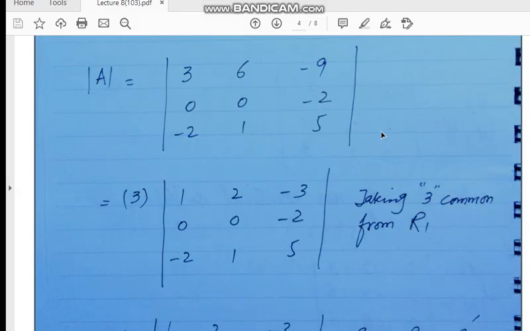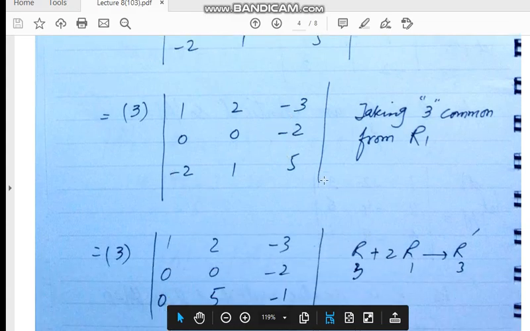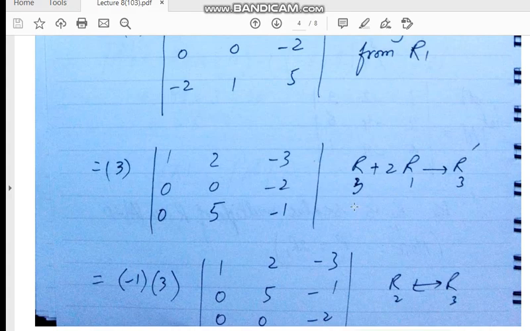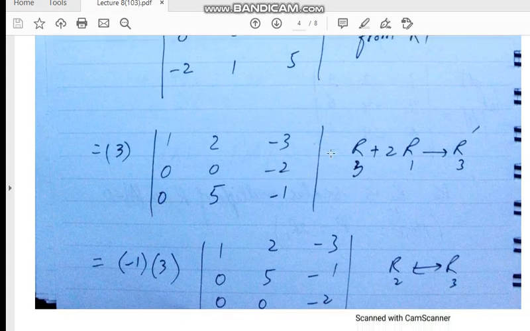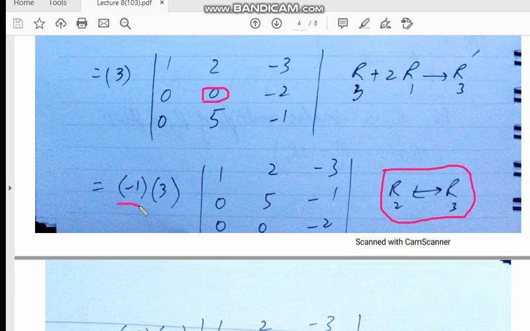Now our target is to make this minus 2 equal to 0, and that is done by our familiar row operations. I have applied this row operation and have got 0 here. Now our purpose is to get the second element of the second row equal to the pivot element 1. As here is a 0, I have applied this row operation, and by the property of determinants, when we interchange the rows, we get this minus. So I have applied this minus here because I have interchanged the rows.